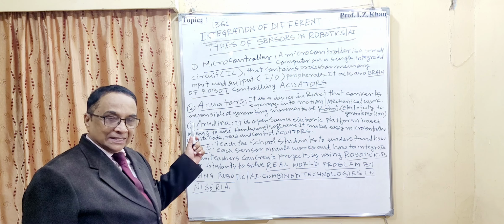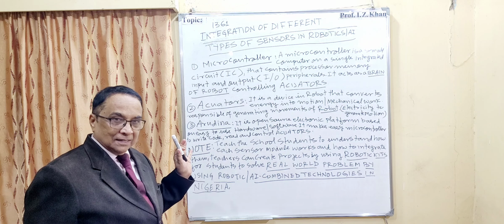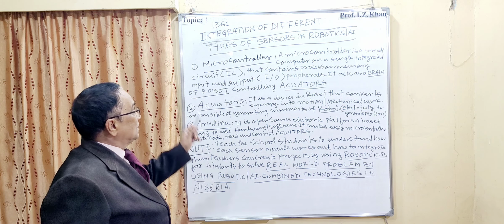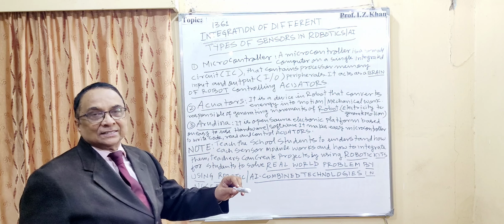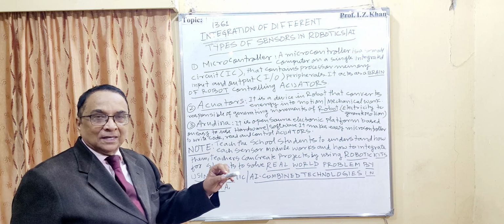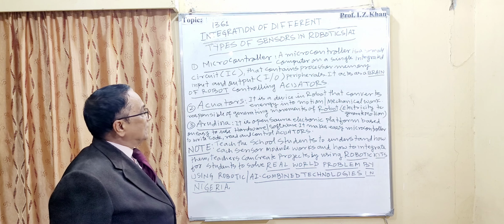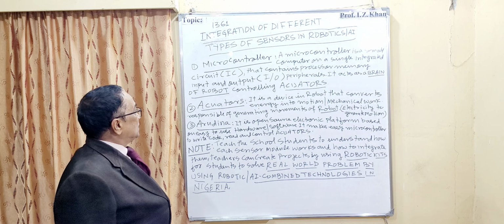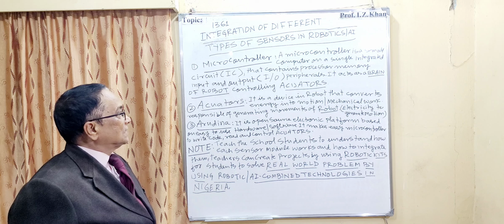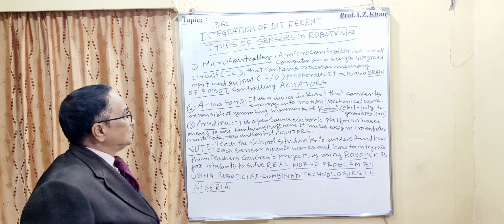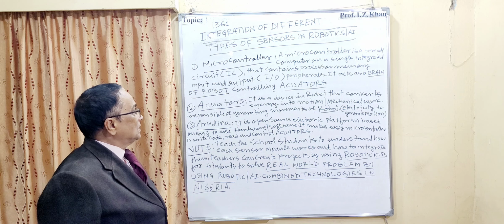Single IC means integrated circuit, and it is a type of brain for a robot. So all the sensors must be integrated or connected to the microcontroller, and that contains a processor, memory, input and output, that is IO, peripherals, and it acts as the brain of the robot controlling